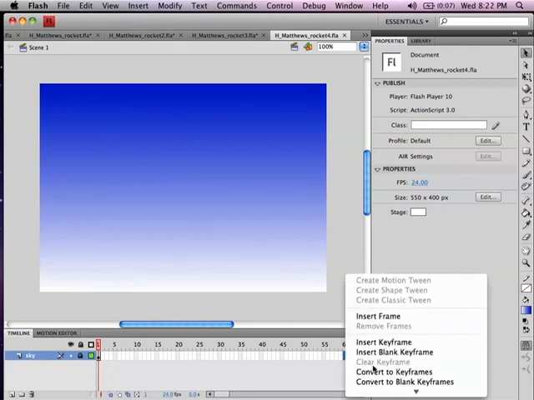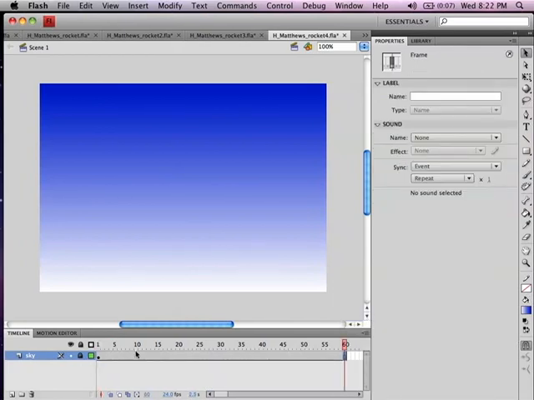Now I'm going to make this little animation last for 5 seconds, so I go to frame 60 and insert frame. So now my background lasts for 5 seconds. Create a new layer for your rocket,